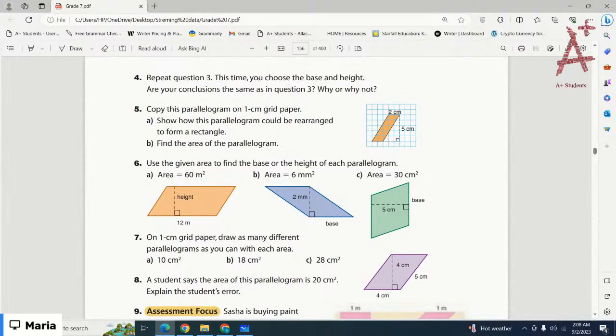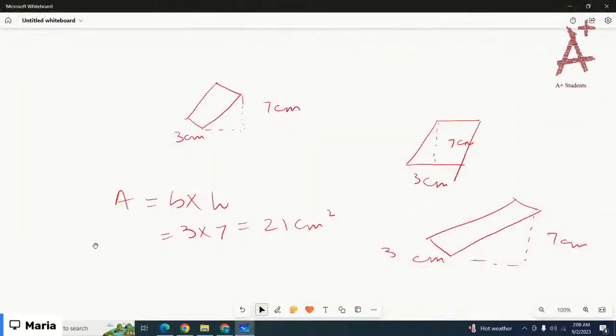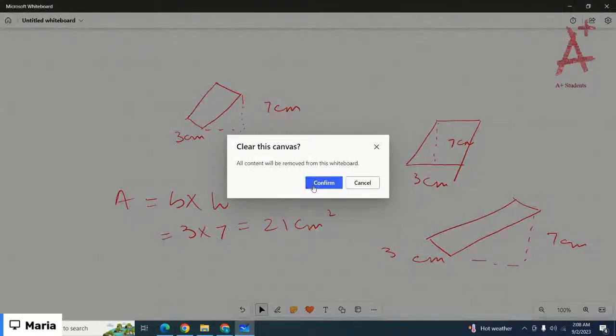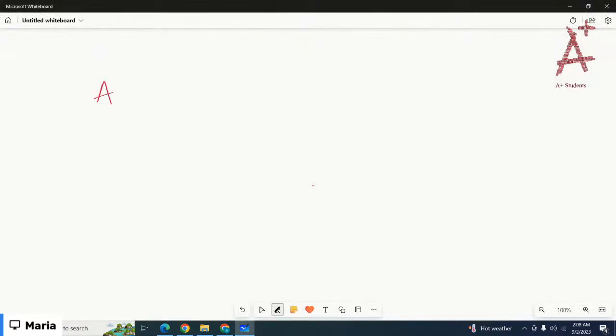So the area of the parallelogram is base times height. Base is 2 centimeter, height is 5 centimeter. So area equals base times height, that would be 2 centimeter times 5 centimeter, that would be 10 centimeter square, right? Okay,